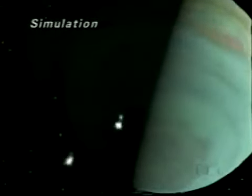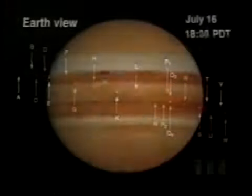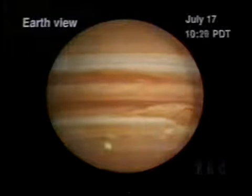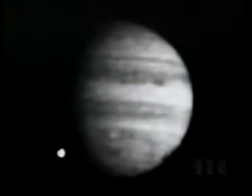1994 brought the most powerful collisions in recorded history, as fragments of a broken comet smashed into Jupiter. Limb of the giant planet up to 1,200 miles high. A fireball would blossom a few minutes after